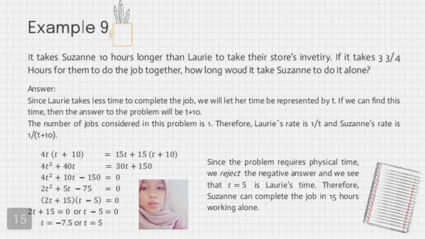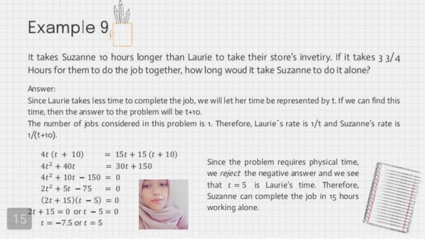So we have 2t plus 15 times t minus 5 equals 0. 2t plus 15 equals 0, or t minus 5 equals 0. So we have t equals minus 7.5, or t equals 5. Since the problem requires physical time, we reject the negative answer, and we see that t equals 5